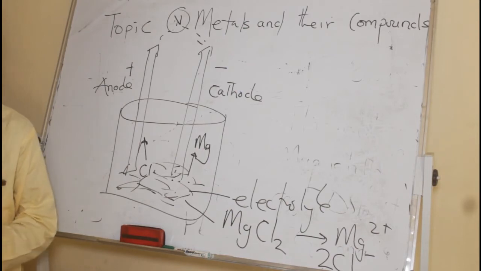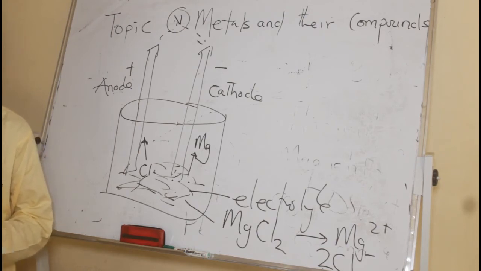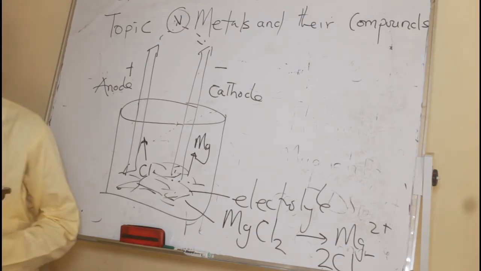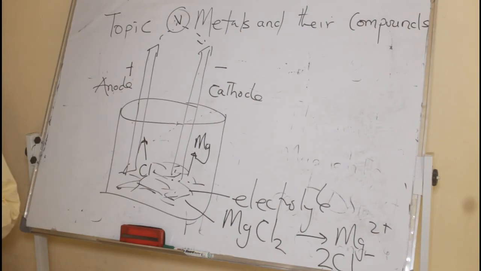Another example is the reduction of the oxides. Reduction, you know, is the opposite of oxidation. Oxidation means maybe addition of oxygen to your compound or loss of an electron by a compound. So in this case we are talking about oxygen. When we say reduction, it means removal of oxygen from compounds. Because as I have said earlier, some of these ores exist as oxides. So reduction of these oxides will give you the pure metal. Are you following? Using strong reducing agents. Example.